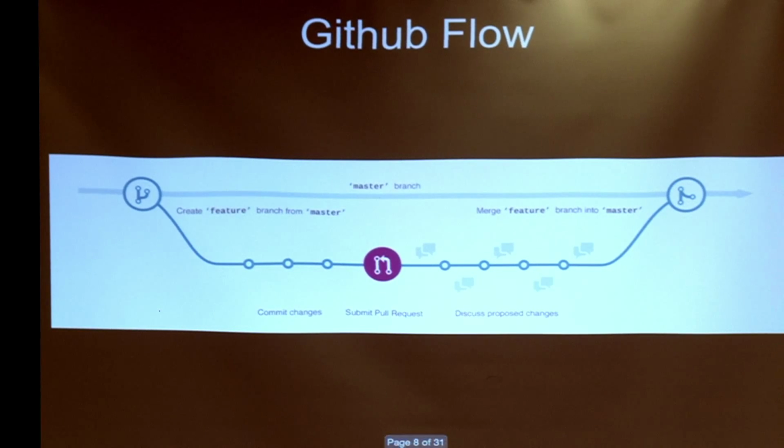The next one is GitHub flow. Here, the actual rule is always branch from master. The master is your stable, reliable code, so that's where you start working on a new feature. So you're creating a new feature branch from master, do your work, commit the changes, then in this workflow, you submit a pull request.